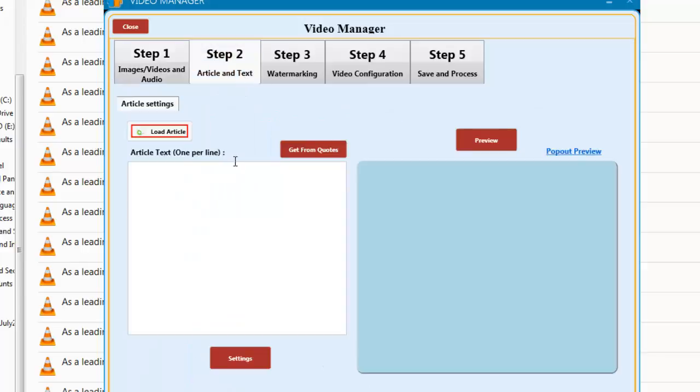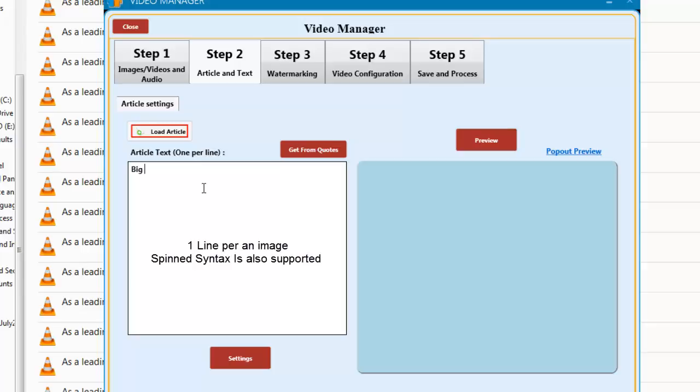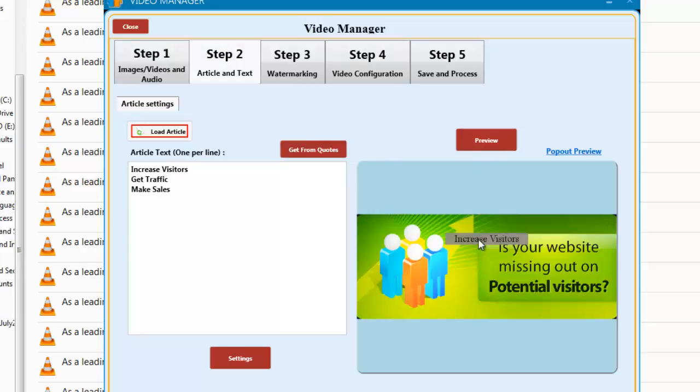Now article and text, you can have article and text in here. I'm not going to show you how to do that at the moment. Well, actually I will. So we'll have hello. Okay, we'll have big SEO. Okay, we'll do something better. Increase visitors, get traffic, make sales. Okay, and what we can do, we can actually click on preview, and when we click on preview,